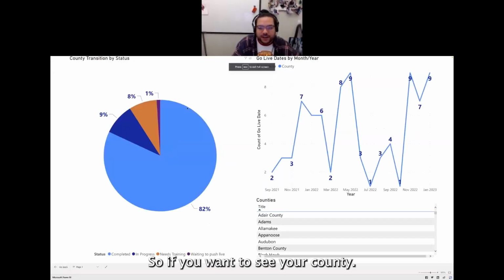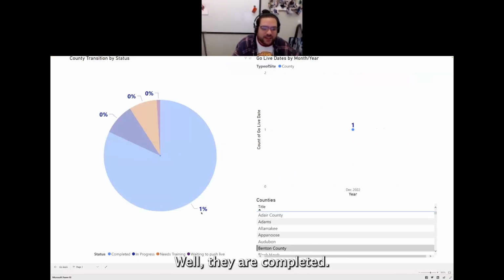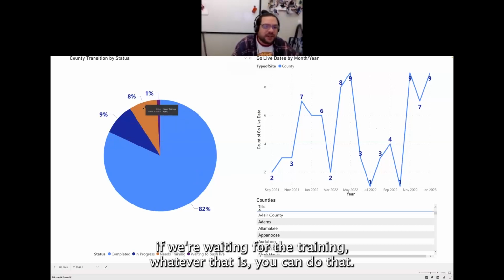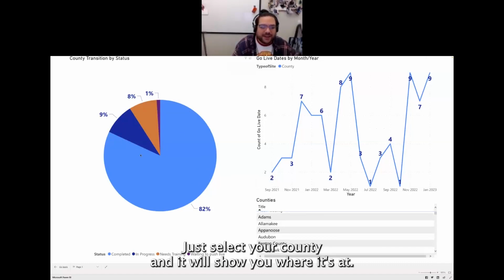If you want to see your county, say Benton County, to see where you're at, they are completed. They completed in December. But this is completely interactive, so you can see where your county is on the list, if they're currently in progress, or if we're waiting for the training. Just select your county and it will show you where it's at.